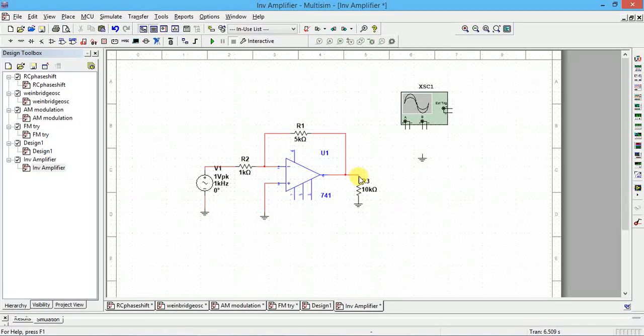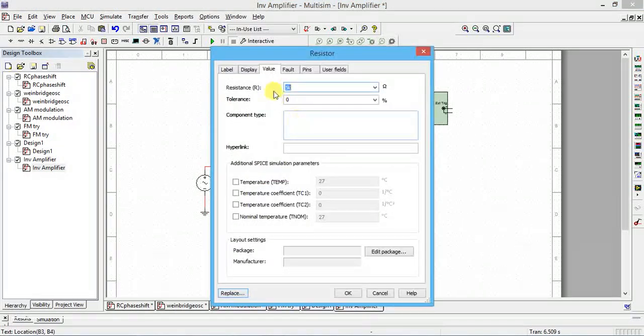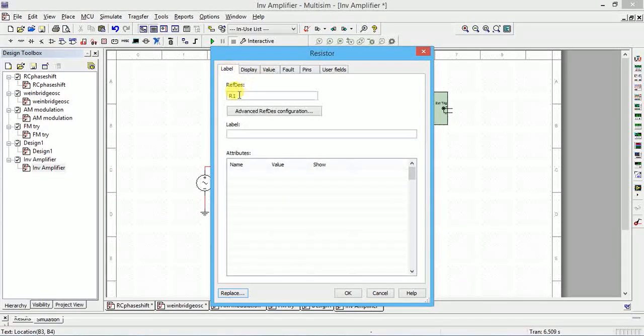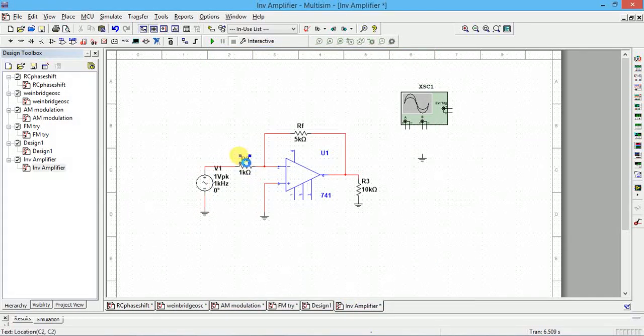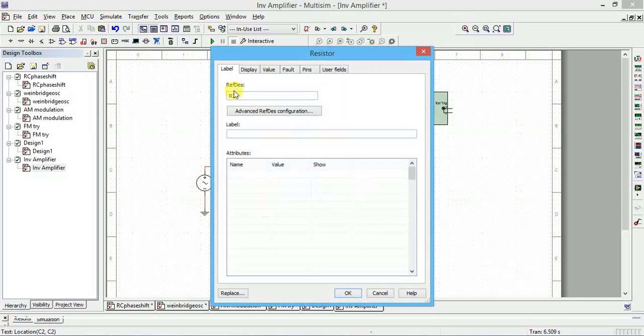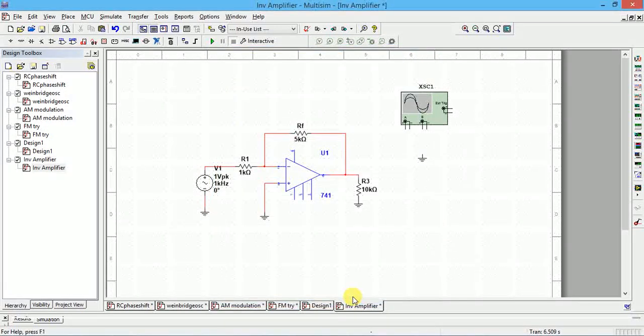The output is given by V0 equal to RF by R1 times Vi. Rename this label as RF, the feedback resistance, and the other as R1. So the labels are R1, RF and RL.